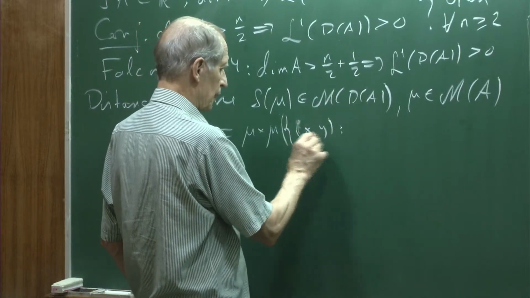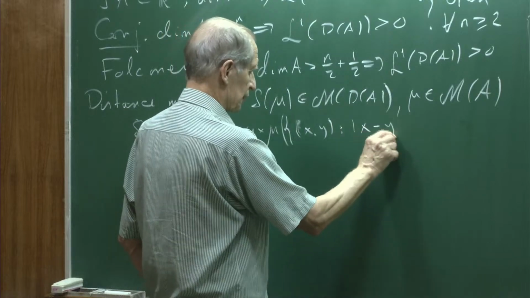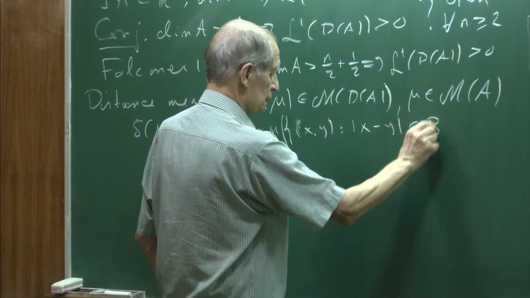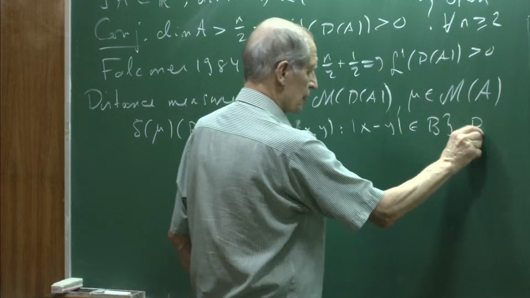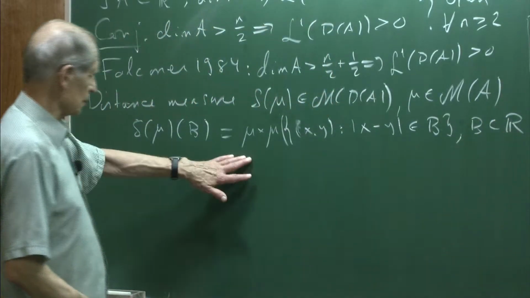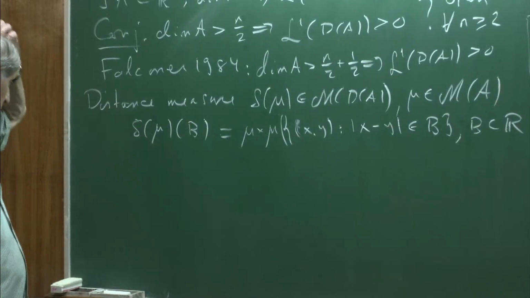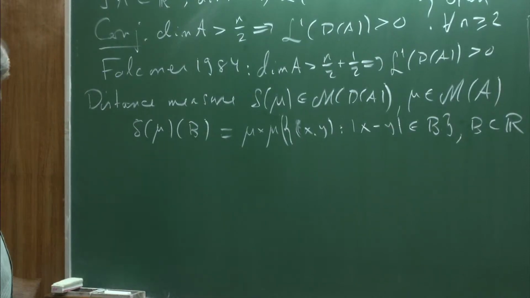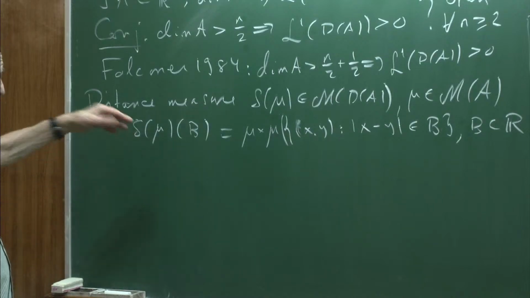Product measure of the pairs, so that the distance generated by these pairs is in this set B, and B is a subset of R. So this measure lives in the distance set when mu lives in A. And now, how to prove this thing? Well,